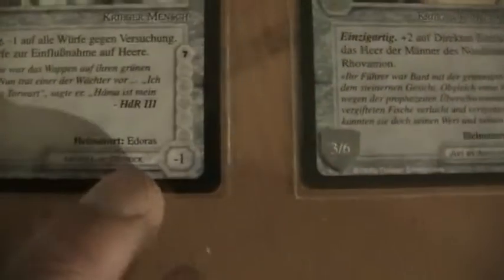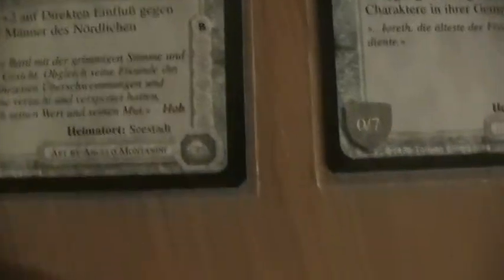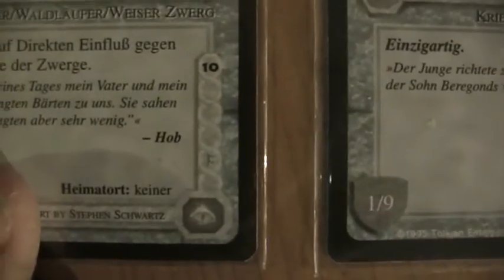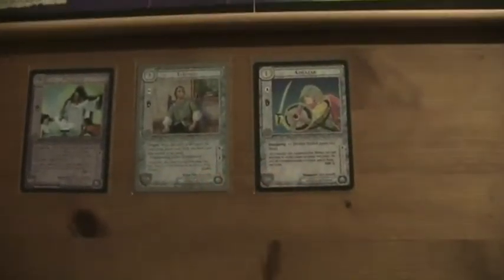And so on. This guy is in Edoras. He is in Lake Town. And this is also Minas Tirith here. Thrain, he has no hometown, so you can take him everywhere. Well, maybe I'm gonna do that. An interesting idea. Okay, further on,